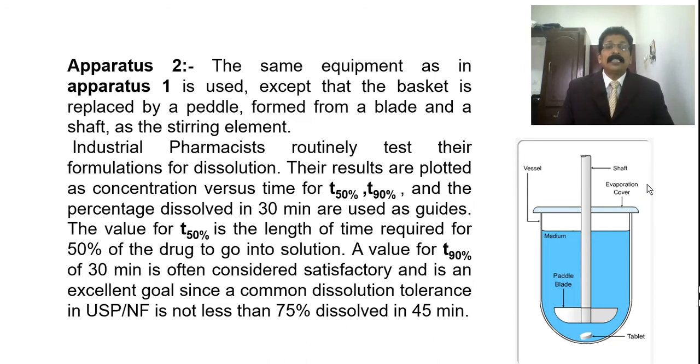The value of T50% is the length of time required for 50% of the drug to go into solution. A T90% value of 30 minutes is often considered satisfactory and is an excellent goal, since a common dissolution tolerance for the United States Pharmacopoeia and British National Formulary is not less than 75% dissolved in 40 minutes. If even 75% is not released in 45 minutes,